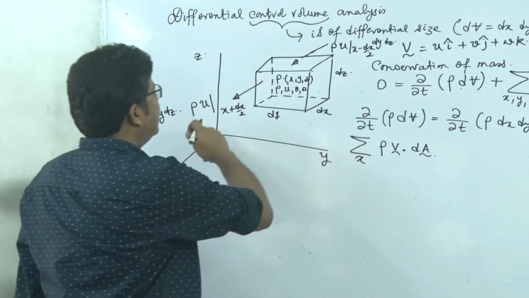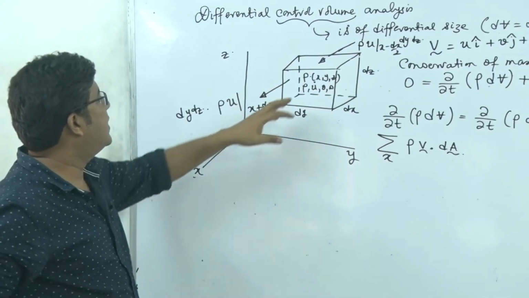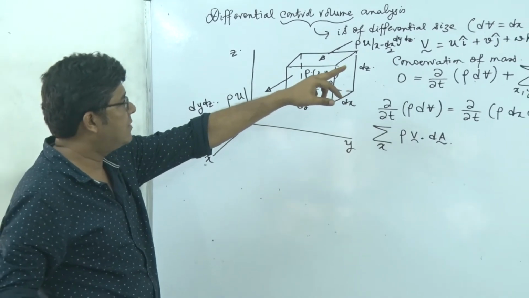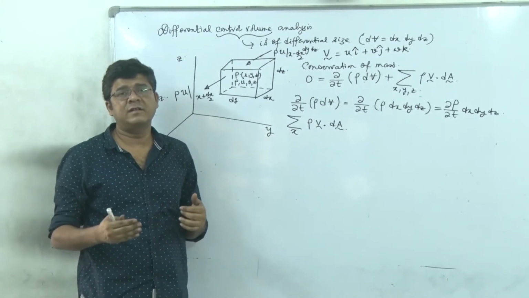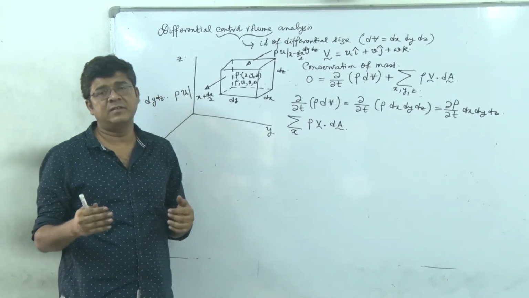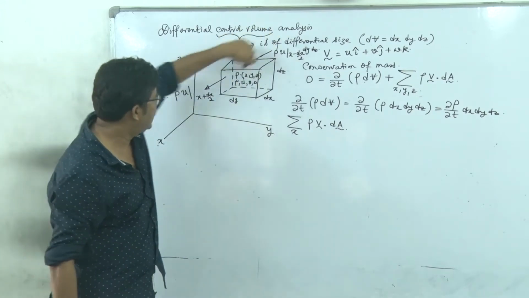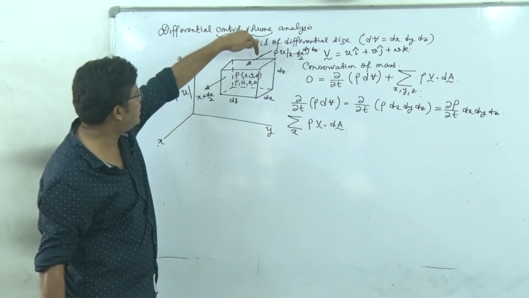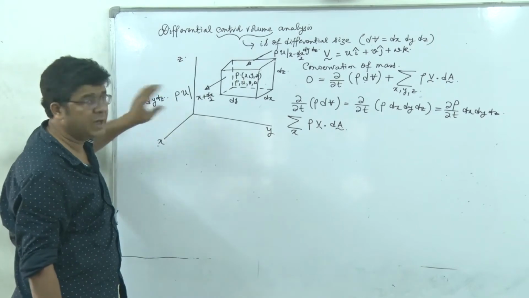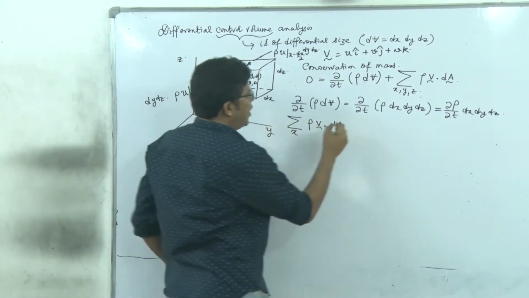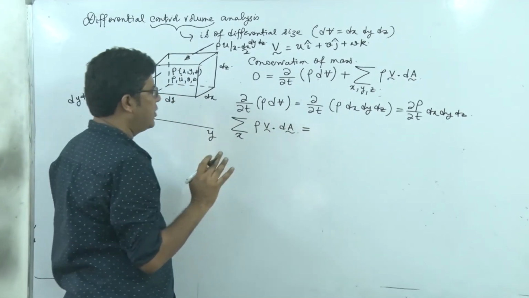So, this is outgoing flow, this is incoming flow. Why is this outgoing and this incoming? Because whenever I write u as the x directional component, we always consider the chosen natural positive direction of u to be along the positive direction of x. So u will be in this direction. Naturally, at the back face it will be inflow, on the front face it will be outflow. And for inflow the dot product will be negative, and for outflow the dot product will be positive.